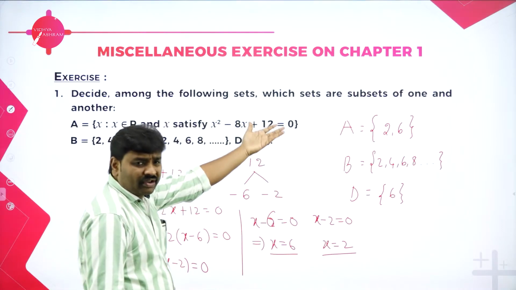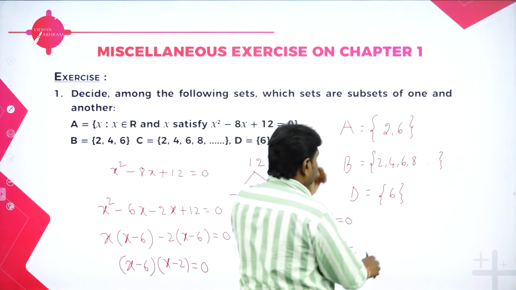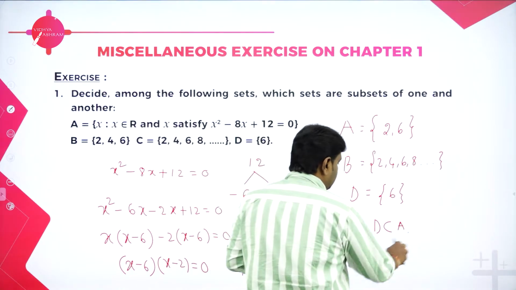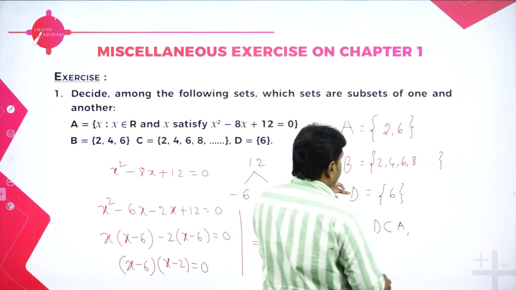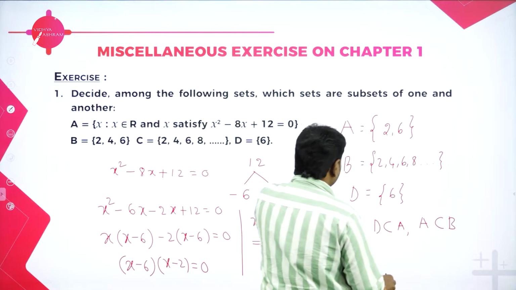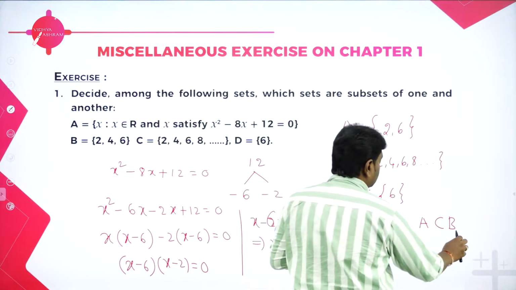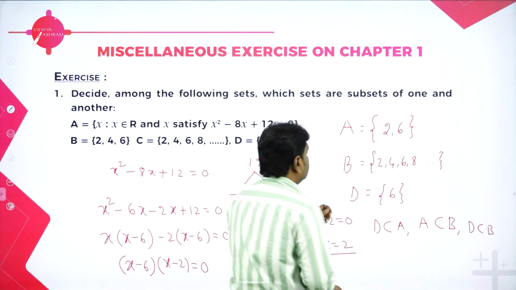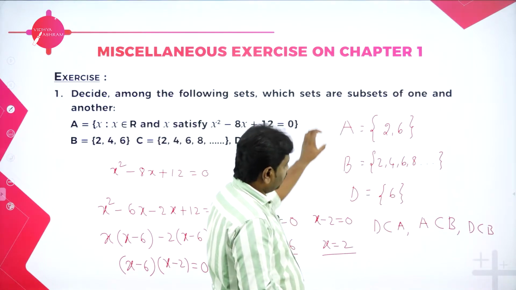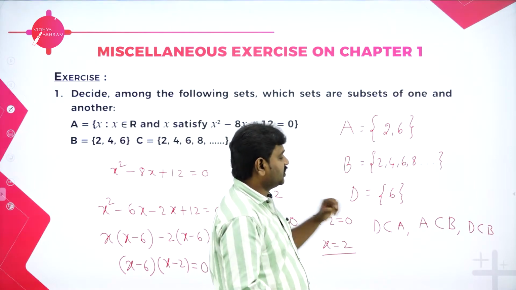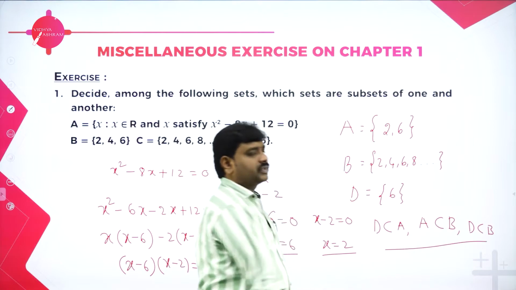Now it is easy, you have the elements. So D is the subset of A, do you agree? D is subset of A and A in turn is subset of B. Therefore D is also subset of what? B. So D is a part of B, D is a part of A also. D is subset of A, D is subset of B. What about A? A is subset of B. That's it. These are the following subsets.